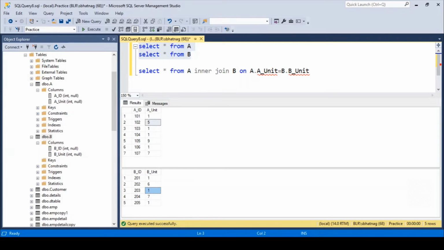Then we move to the third row, 5 and 1. It's a non-match, so we skip this row. We come to row number 4, which has the value 7. 5 and 7, it's a non-match, so we move to the next row. 5 and 1, it's a non-match, and we have also reached the end of the table. So 5 does not have any matches in table B, and therefore this row will not be appearing in our